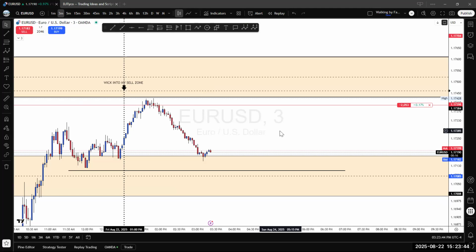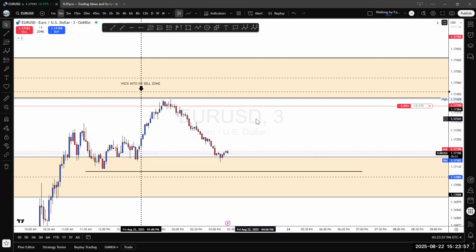Replace the word prediction with probability. Because in trading, there's just a series of probabilities, different opportunities, different layouts and outcomes. It's not prediction, because we're analyzing the market. You feel me? Predicting is when you predict something to happen in the future without analyzing it, knowing there's no proof. But we have proof. We have confirmation that it's going to come to the zone because of a pattern that we learned.